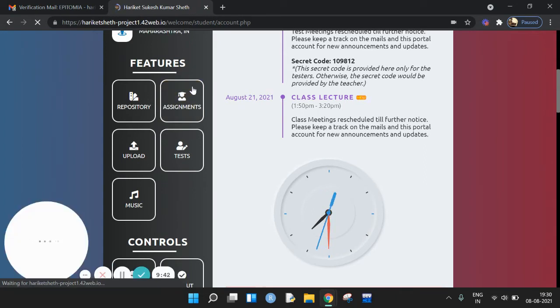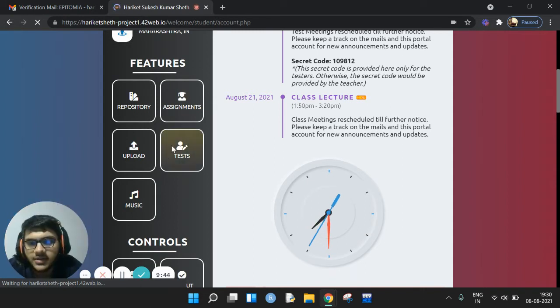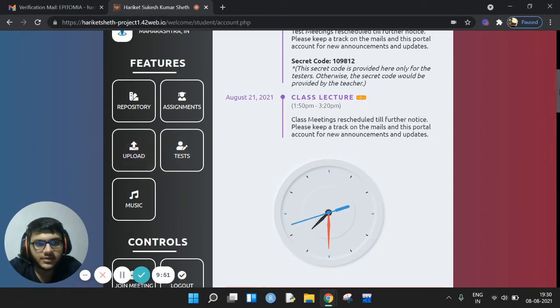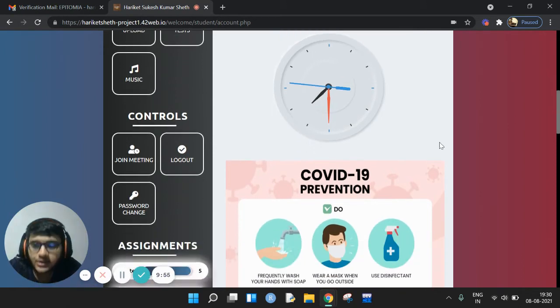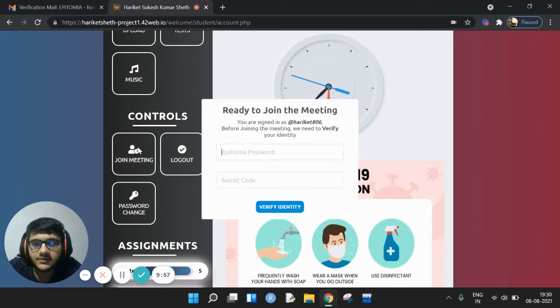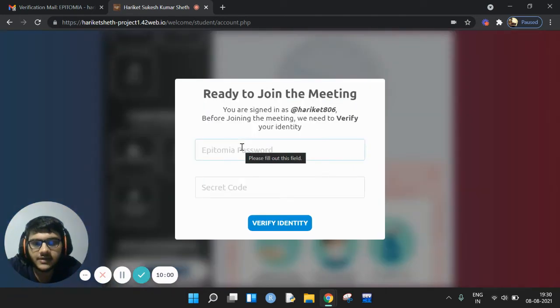There'll also be an option for submitting the assignments, and then we are working currently on the test parts. Upload is again for the assignments which they have to upload. Music section is for them to listen to music and those kinds of things. And join meeting is the section which is updated automatically from the teacher's side, where they have to enter